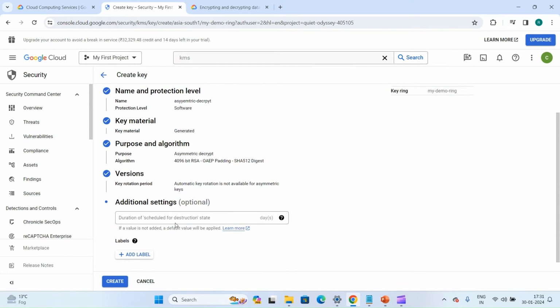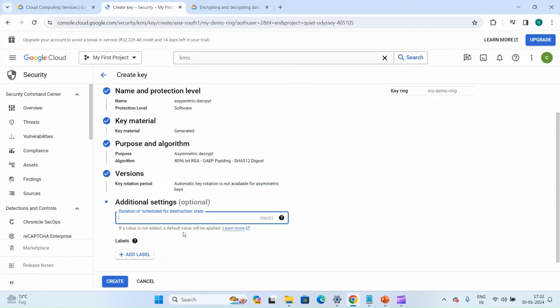After that, you have some additional settings, like after how many days your key will be destroyed automatically. If you leave it like this, the default is one day, but as per the new Google documents, I think from 30th May 2024, it will automatically change to 30 days. So if you leave this value default, it will take 30 days, but there's some timeline before that. But as of now, it is for 1 day only.